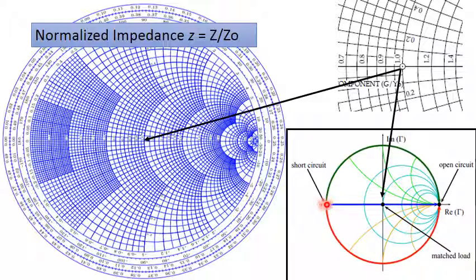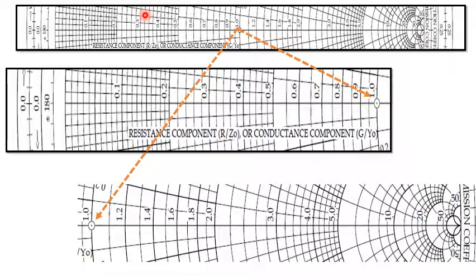Short circuit will appear over here and open circuit will appear over here. A short circuit is here, that is Z equal to 0, and here Z is equal to infinity. From 1 at the center, the normalized resistance part R by Z0, or the conductance G by Y0, goes till 0 on one side, and on the other side it goes to higher values, and ultimately at this point the resistance becomes infinite. These are the magnified views of both sides of the scale.